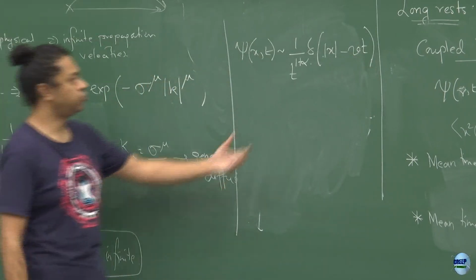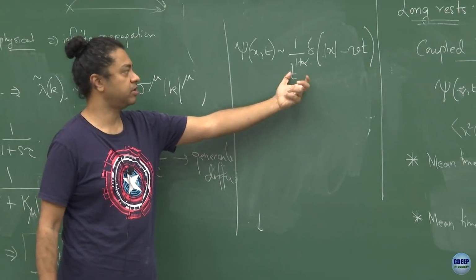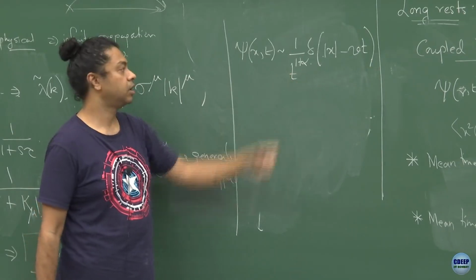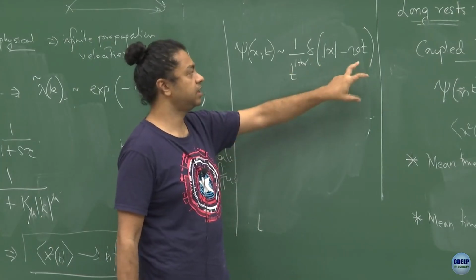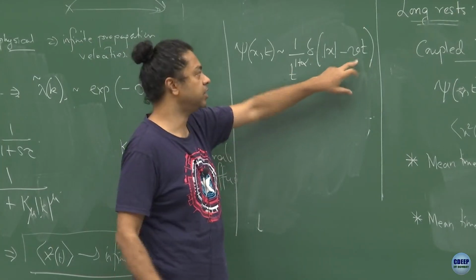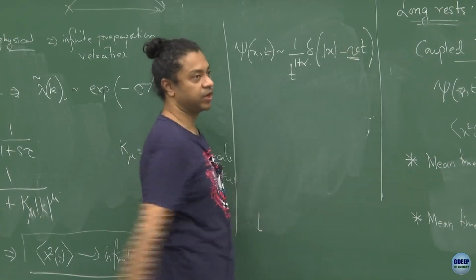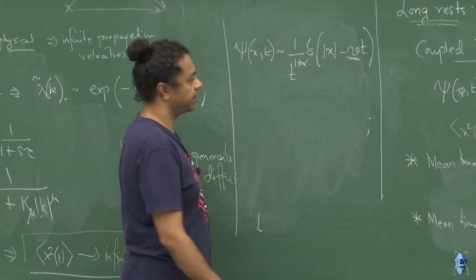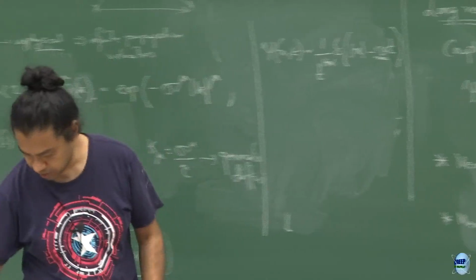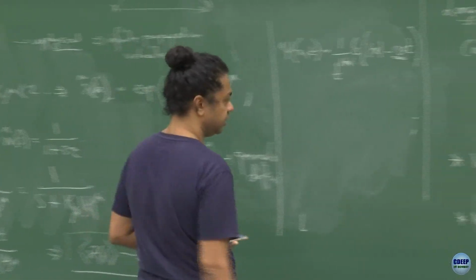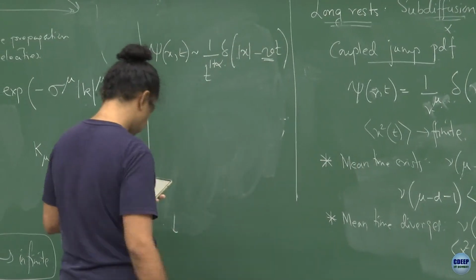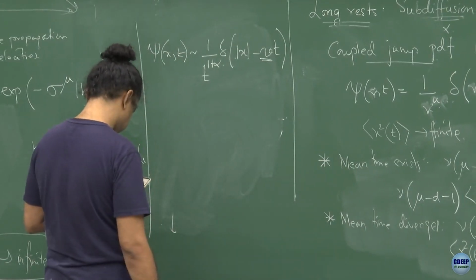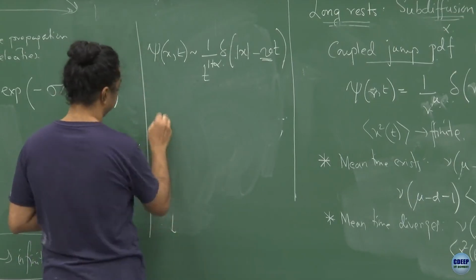So, it says that you choose times from this sort of power law distribution, but how much you will jump depends on how much you have waited. It is a mental picture that you are moving with a velocity v in this waiting time. So, v of t. And again, here you have these two things, mu and nu. Here you only have this alpha, and in terms of this alpha you can show that this x square of t